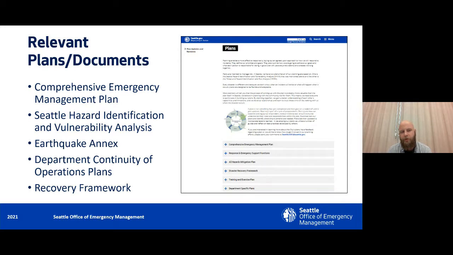Other things that are relevant are department continuity of operations plans. Obviously, as a city government, we provide a lot of services to the community, and individual departments do have plans in place for how they will keep those services going. A good example is us here at the Office of Emergency Management. Our core function, especially during a disaster, is providing citywide coordination, being the office that brings all of those departments together and helps develop plans of action so that we are all responding according to the impacts we're seeing, using all resources possible, and all working toward the same end goals.